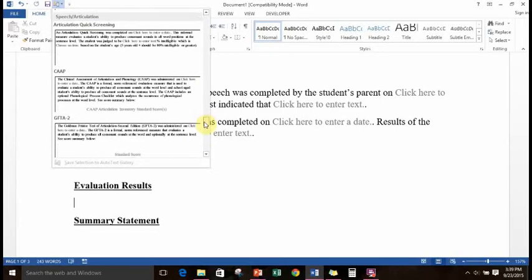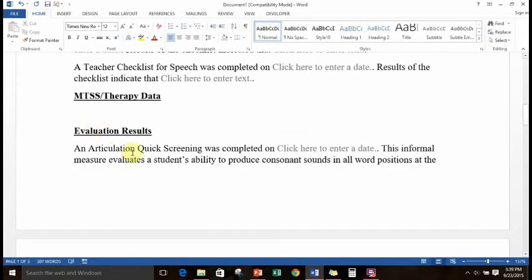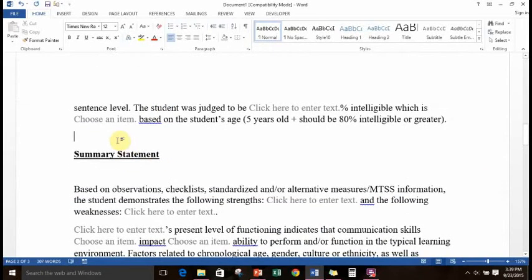Alright. Let's see. You know what? I did an articulation quick screening. It's back in my office, but I think what I'll do is click on this and put it in my report so it's there, and then I'll fill it in when I get back to work later. So I'm going to put the articulation quick screening in there because I know I did that. I'll fill that in later. Let me come back up here